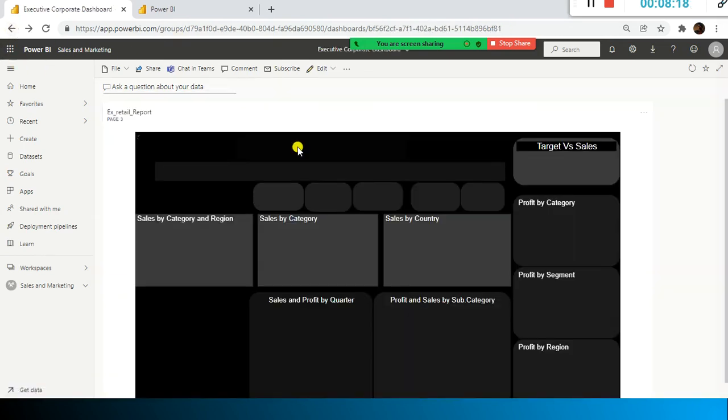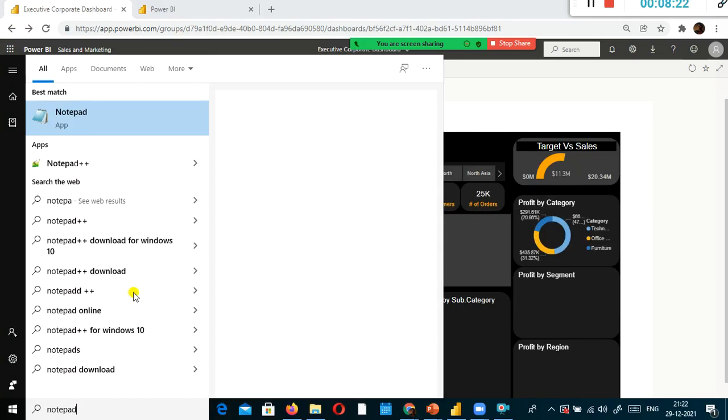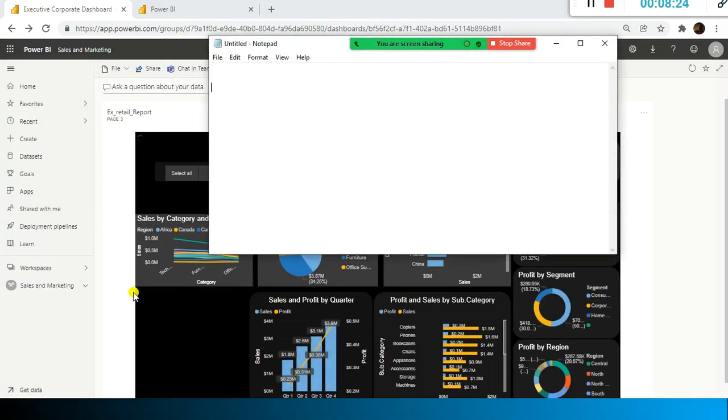From, see, this is very important, you need to remember this. In the interview they'll ask you. So this is the one. Let's say I have workspace A, and two workspaces are there, and in workspace A, I have report 1 and report 2.